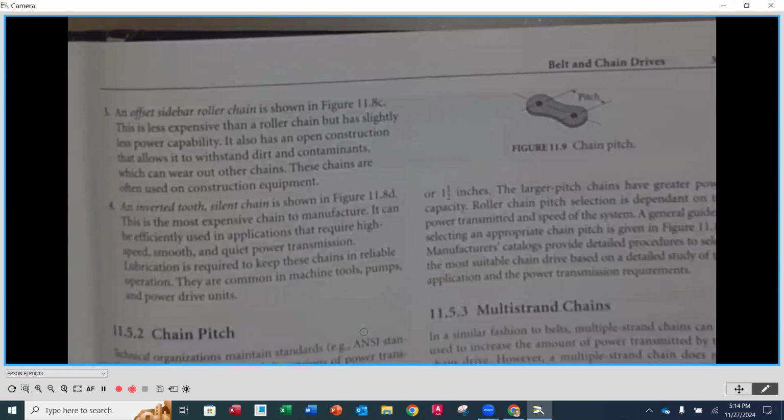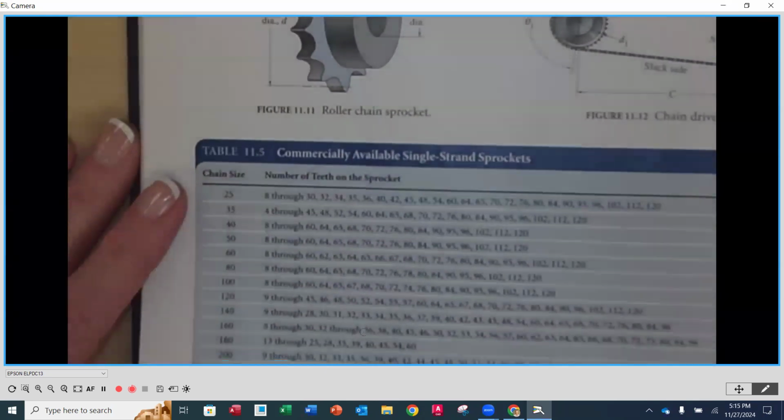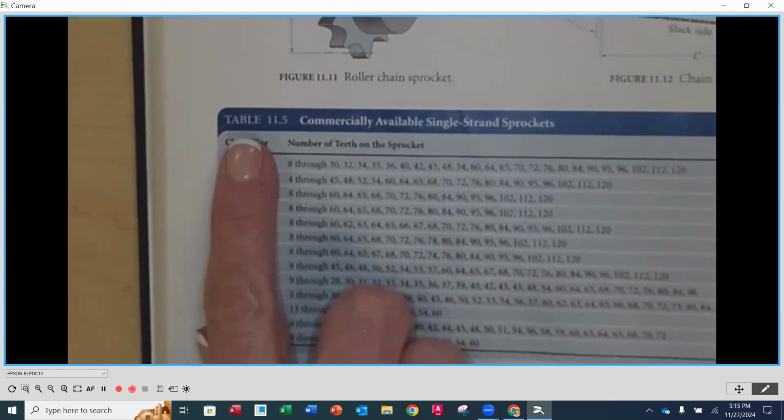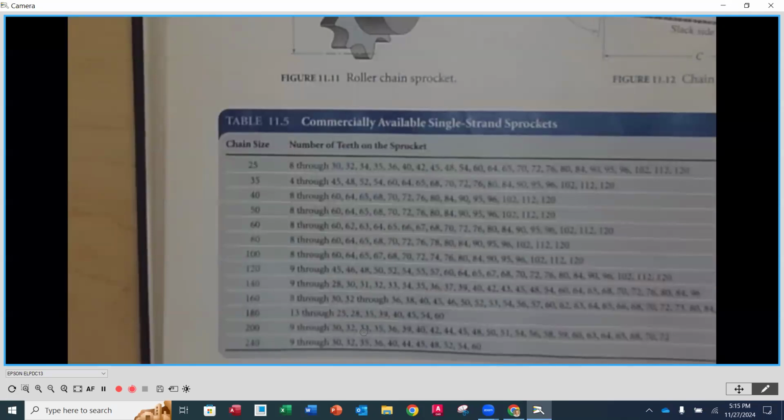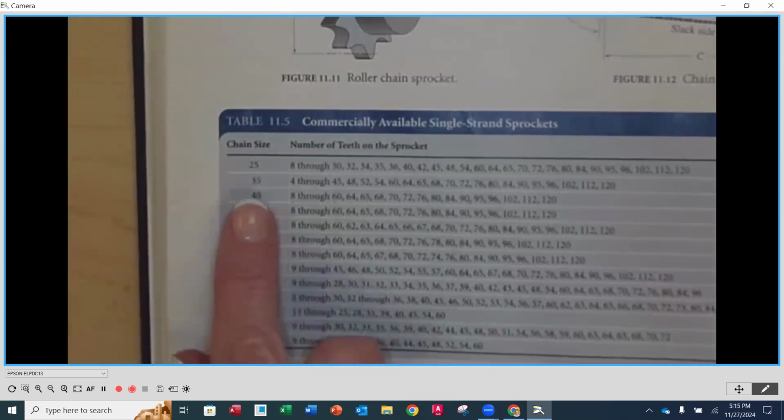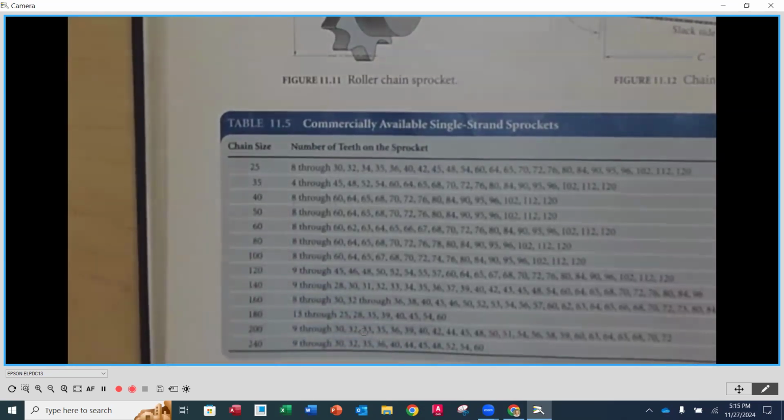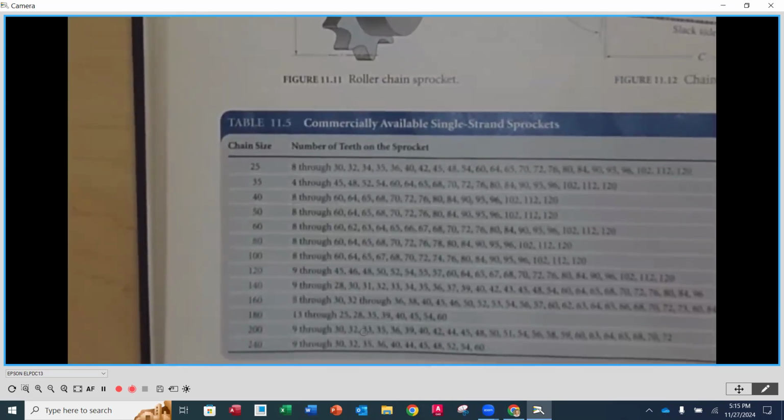So if we turn the page, let me go to the bottom, there's a table on page 309. I'm sorry, 310. There's Table 11.5. And these are commercially available single strand sprockets. Now, what I want you to note here is that the size of the chain is considered a number, okay? So when we specify chain, it's by a number. Now, to get the conversion to the distance between those two pins on a side plate, which then equates to the size of the pitch, we simply take the number of the chain and we divide it